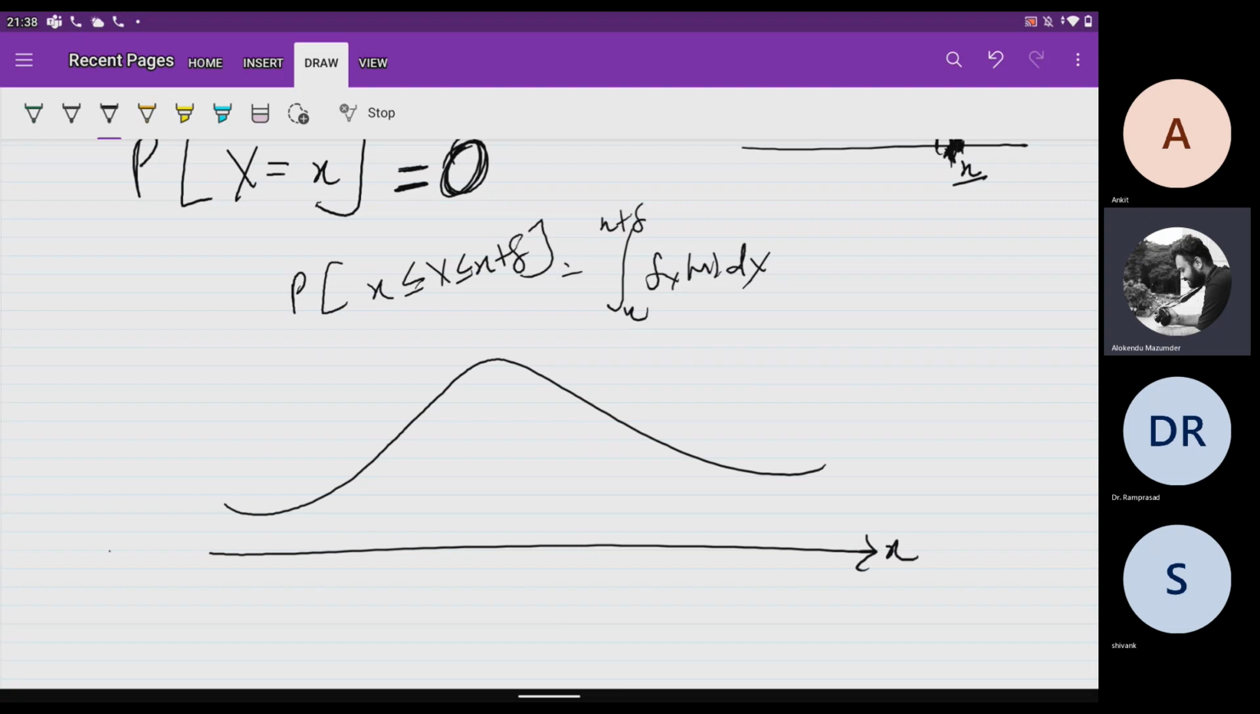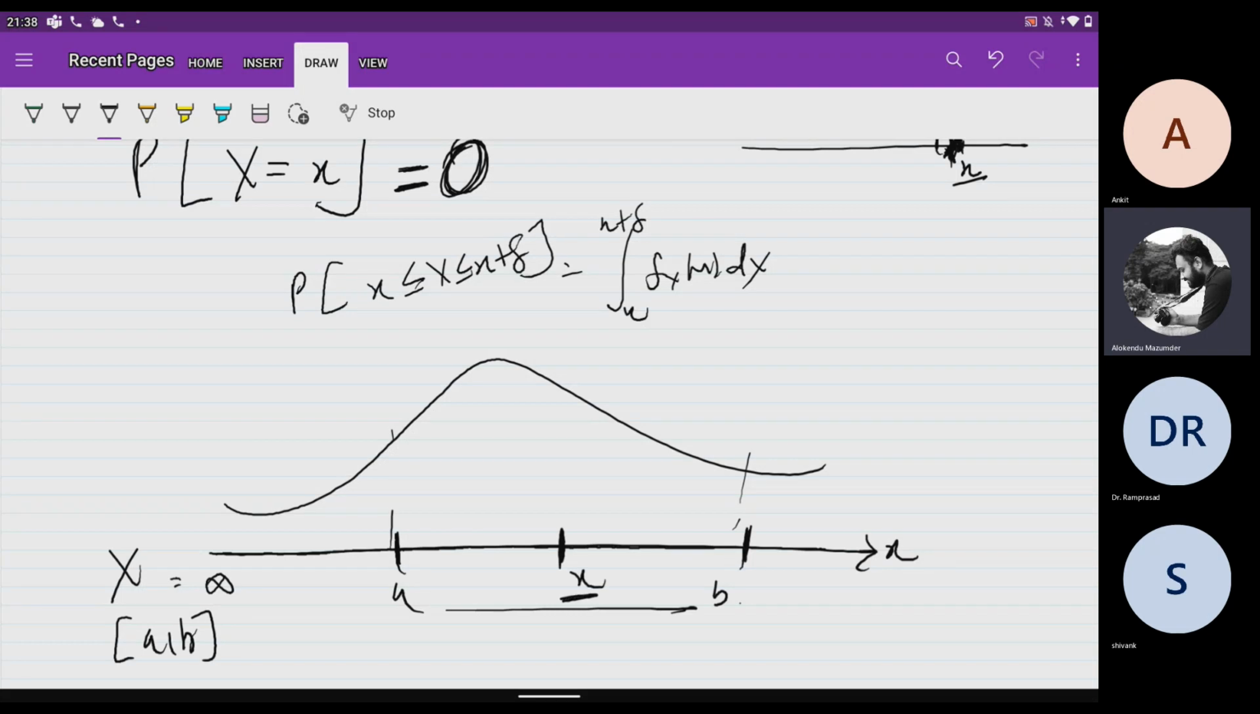The random variable x, it can take how many values? It can take an infinite number of values in an interval, right? So if I say that x is defined on an interval a comma b, it can take an infinite number of values. Now if I ask you what is the probability of a value of a point x inside the interval,